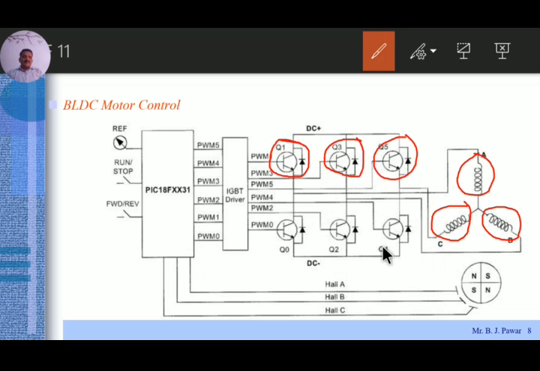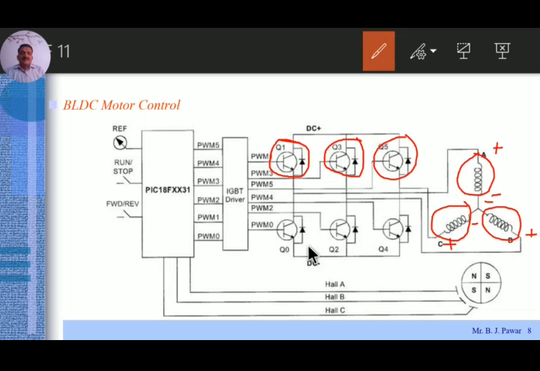To continue that rotation, there is a need for opposite side DC voltage across the coil, meaning the polarity across that coil should get reversed. So see, simply whenever the last transistor, that is Q5, gets fired, coil C will get energized with the polarity like this, plus and minus for all cases. In the first case, all the coils are energized by PWM through the MOSFETs with the polarity like this.